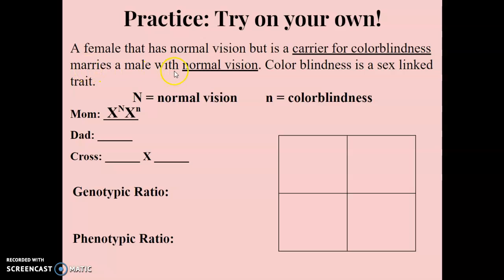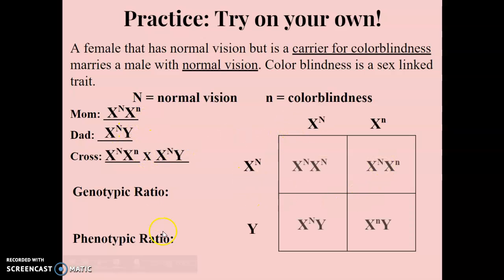For the dad, the male has normal vision. He only has one X, and so it's going to be X with a capital N, and then his other sex chromosome is Y. He's not going to have another X. So if we were to cross these two parents and place it in our Punnett square, this is what the offspring would become. And so you'd see that you have a female here with normal vision, another female with normal vision, a male with normal vision, and then a